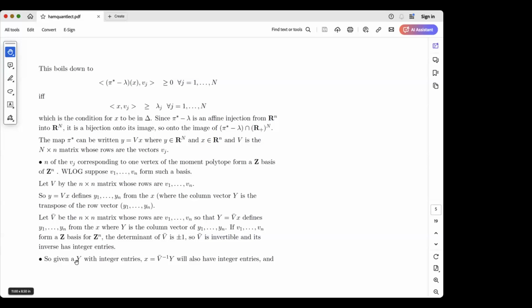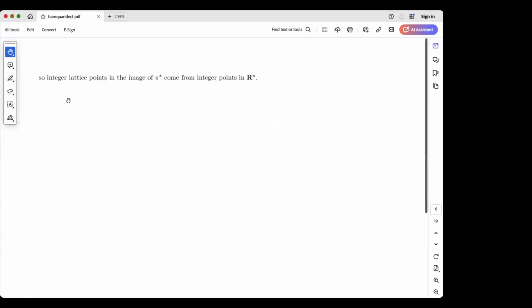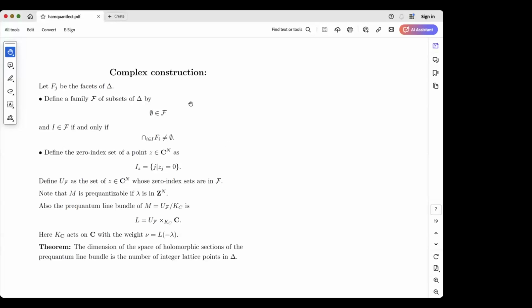So given a big Y with integer entries, x equals bar v inverse of capital Y will also have integer entries. And so integer lattice points in the image of pi star come from integer points in R to the n. I'm sorry I'm making heavy weather of this. This is really just linear algebra. Okay,